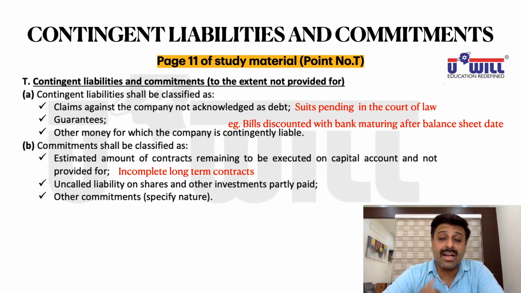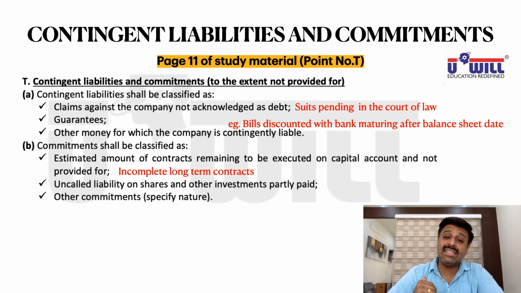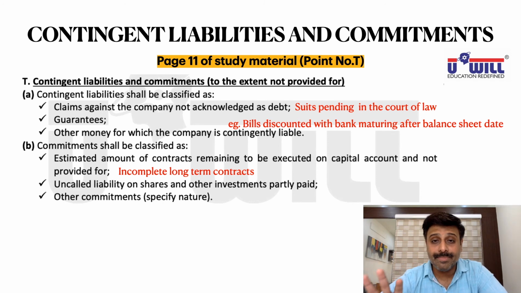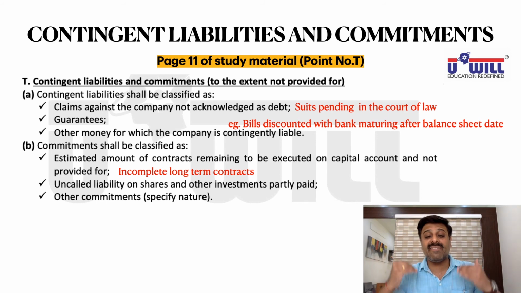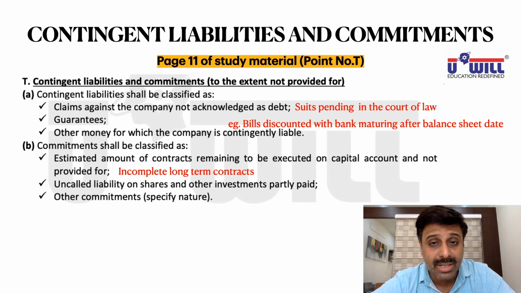Now, if our company has purchased shares and debentures of other companies, we know that shares and debentures money is called in installments: application, allotment, first call, final call. We have invested money in shares of another company which has not made the final call yet. The other company has not asked for the final call money. When are we supposed to pay that final call money? Only if the other company asks for that money, provided we don't sell it in the stock market before that.